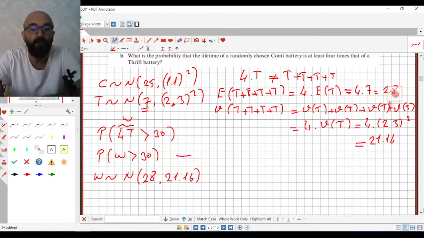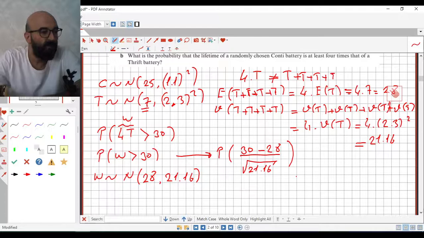Okay, and I want to convert this probability to Z, so it means the probability of Z greater than 30 minus mu over the standard deviation, which is the square root of 21.16. Okay, so this situation means the probability of Z greater than